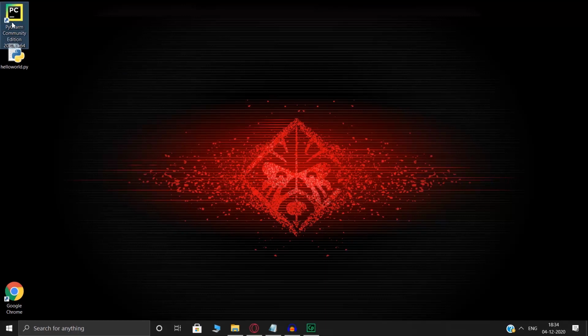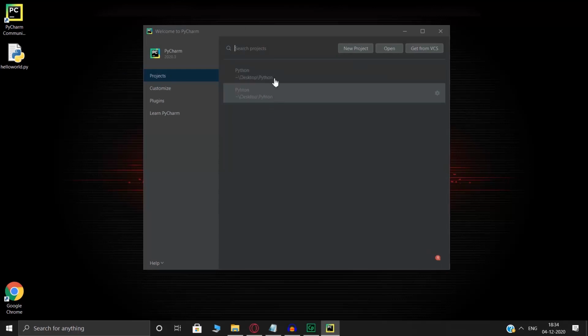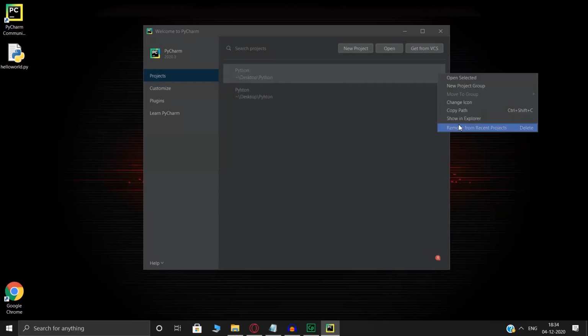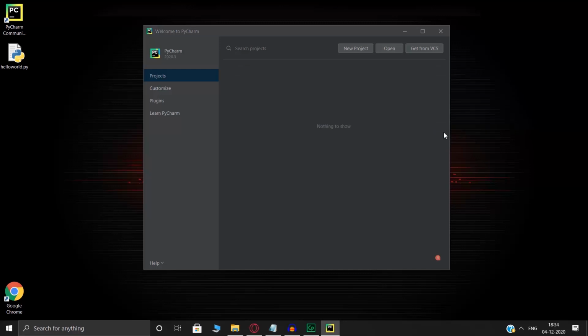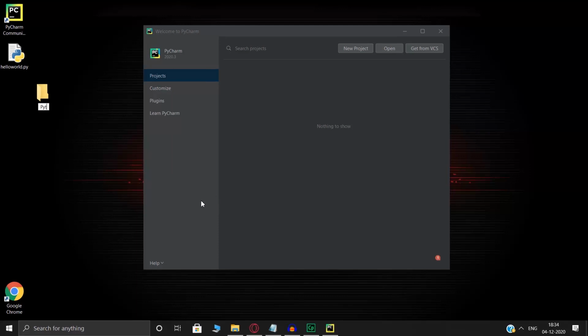So when you start the IDE, if you're completely new, then these also wouldn't show up. It would be completely empty, and you'll basically be seeing just these three buttons: new project, open, and get from VCS. So what this basically means is you're trying to create a new project. A new project is nothing other than a folder which consists of Python files. So we'll create a folder here and we'll name it Python course.